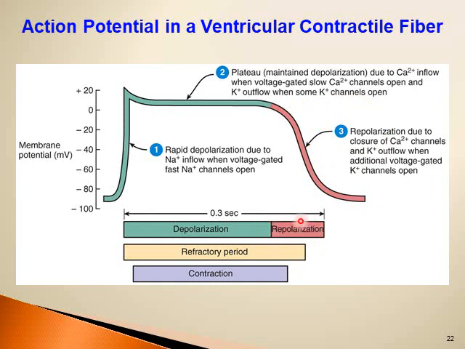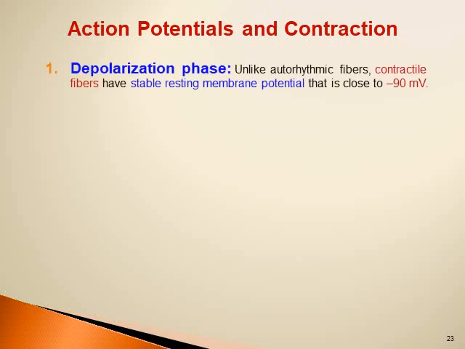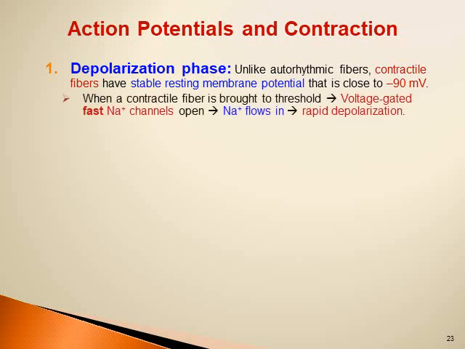An action potential in a ventricular contractile fiber takes about 0.3 seconds. The refractory period extends from the beginning of the rapid depolarization to the mid part of repolarization, and during this refractory period contraction will happen. So the depolarization phase: unlike autorhythmic fibers, contractile fibers have a stable resting membrane potential that is close to minus 90 millivolt. When a contractile fiber is brought to threshold